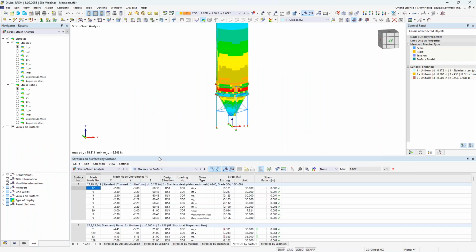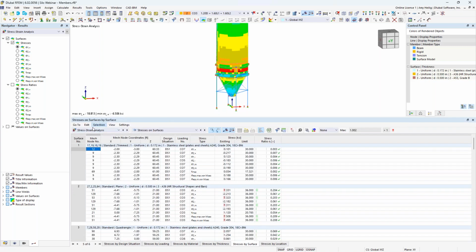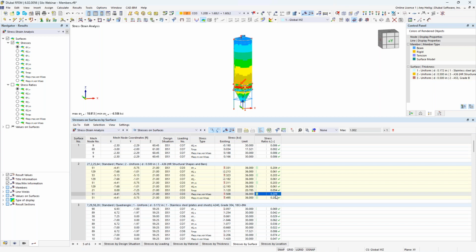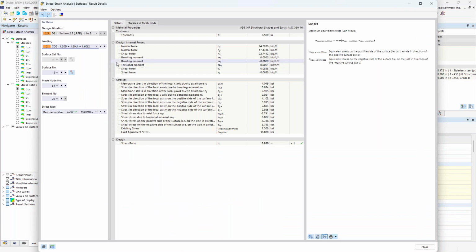So we can view these stresses here on the surface under the stress strain analysis, and sure enough, we have our existing stresses, we have our limiting stresses based on the material, and then we have that general stress design ratio. So as I click through this various table, notice that that red arrow is pointing me directly to where that controlling stress is on the surface. And if I'd like, I can also take a look at the result details. So these design check details here